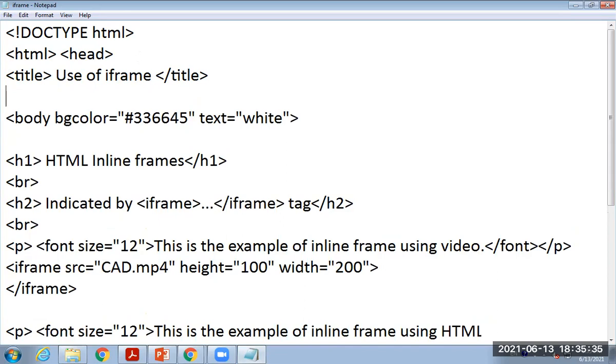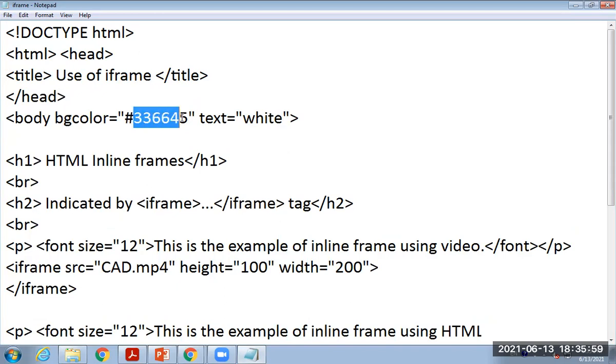Here the end of head should be provided. Then the body tag having two attributes. The first attribute is bgcolor and the second attribute is text. Text indicates the text color, and bgcolor indicates the background color of the web page.